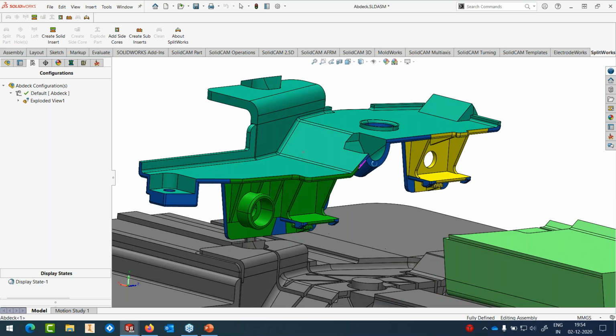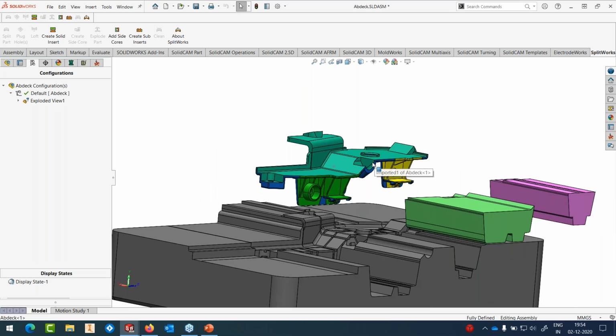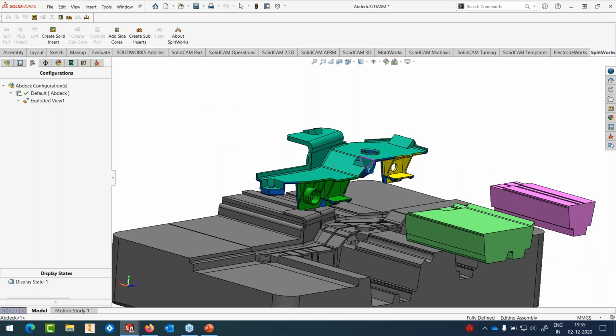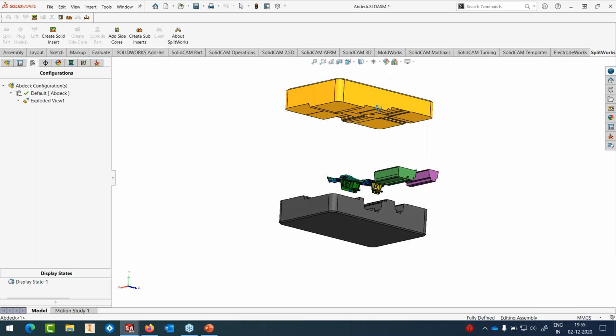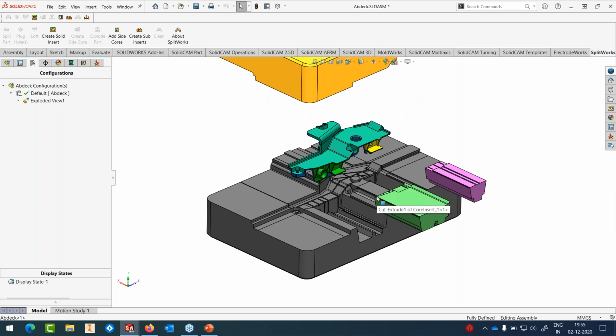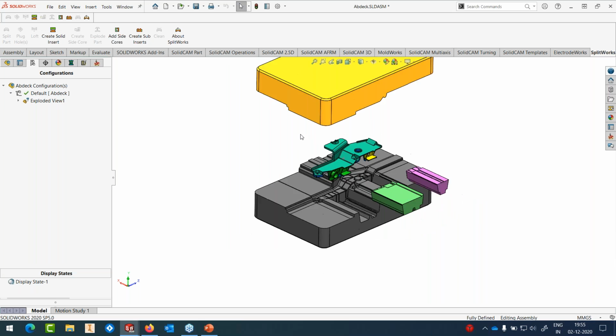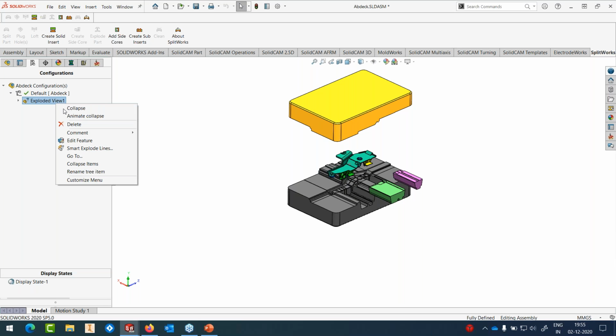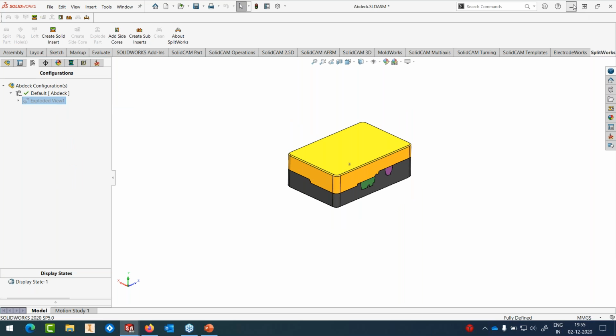It's got 2 sliders, 1 core, 1 cavity. This also was done using the SplitWorks functionality, electrodes, and then was machined using SolidCAM. So the entire process was done using the items that I just showed you: SolidWorks, SplitWorks, ElectrodeWorks, MoldWorks, and SolidCAM. So the entire process is completely done using